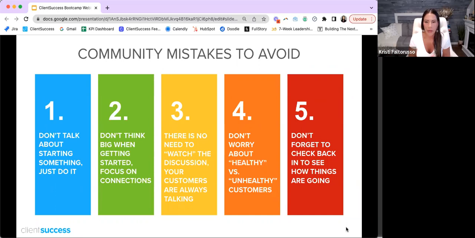Number 5, this last point, don't forget to check back in to see how things are going. The worst thing you can do is set it and forget it. And I talk about this with every single program you build and deploy: you can't go out there and say, oh, well, great, check that box. I built that journey, I built that playbook, right? We've got this process in place, without revisiting it. Now, I told you that probably about quarterly, at least every 6 months, we'll go back and do an overhaul or just an assessment or a check-in on all of the processes we've built, reports that we're using, ways that we're managing the business, to say, is what we're doing working?